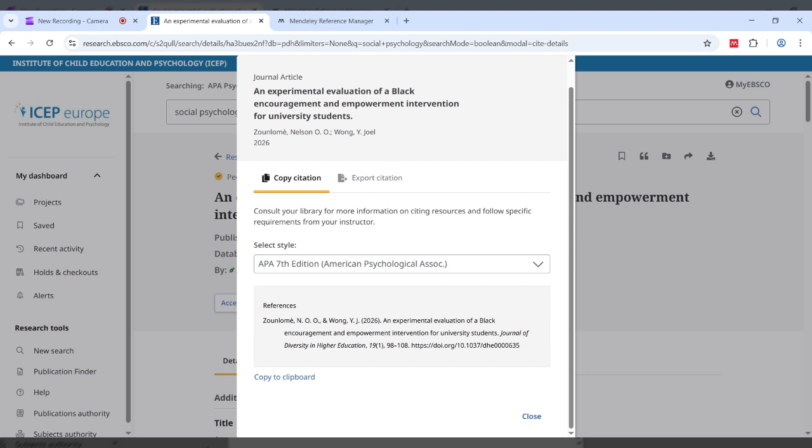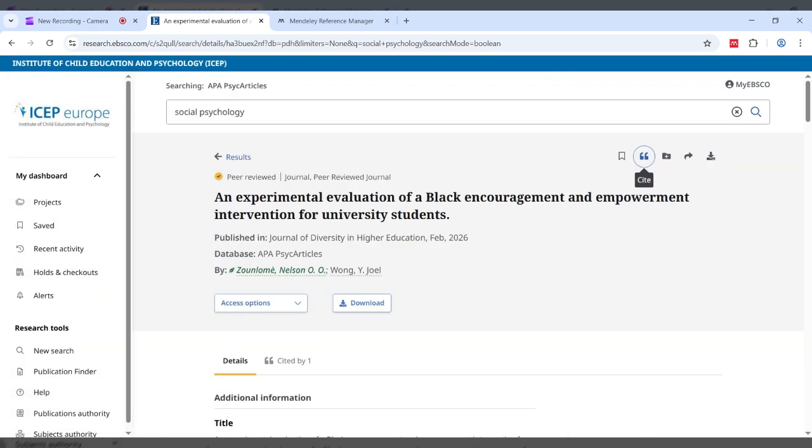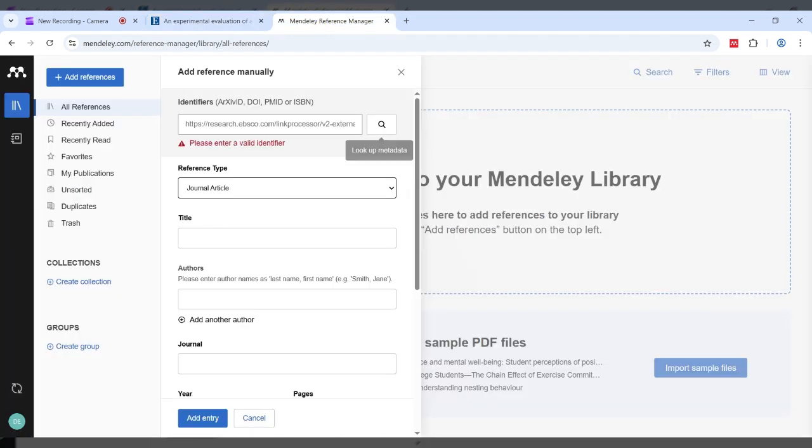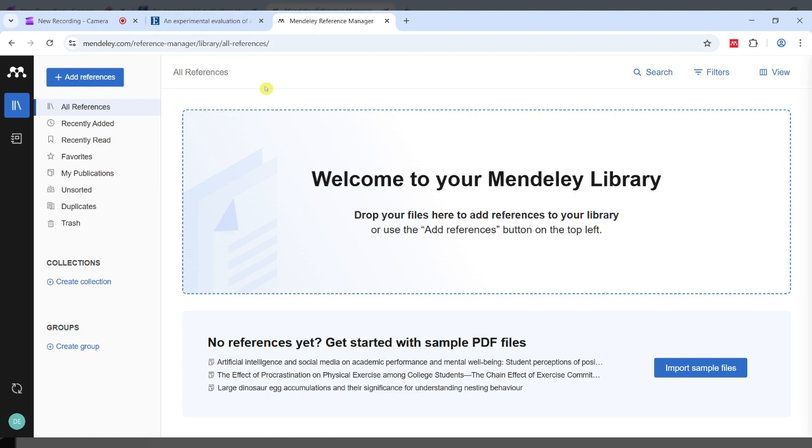But what we can do is take our DOI from the reference here. You can see here, the reference list entry, and at the very end it has the DOI, and we know that's the DOI because every DOI will start with doi.org, and then this long run of digits and letters. So I'm just going to copy just this part, Control C, and then we can close out of that, and I'm going to go back to my Mendeley Reference Manager. I'll close out that and start from scratch.